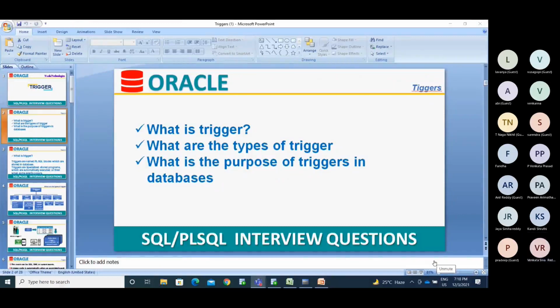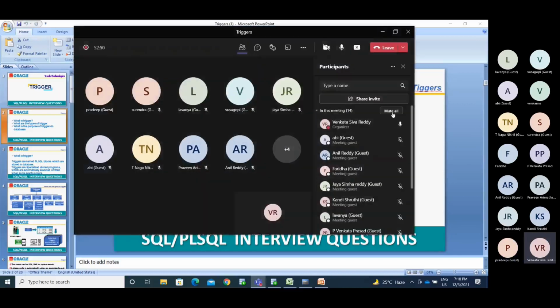Else we will go with the triggers. What's the best way? Okay, let's finish with the triggers, and we have already seen somewhat about exceptions, how to handle that. Keep on mute, man. Someone is on mute.